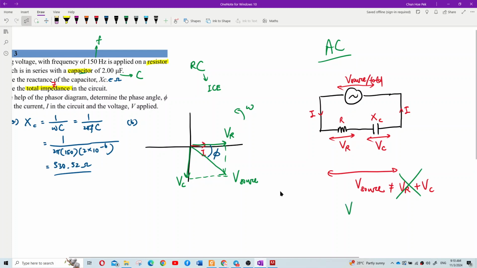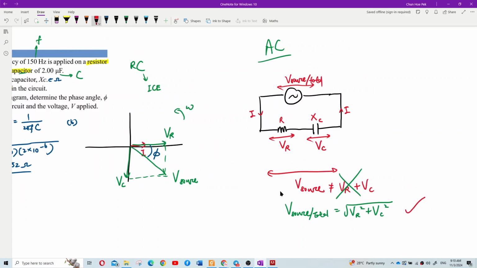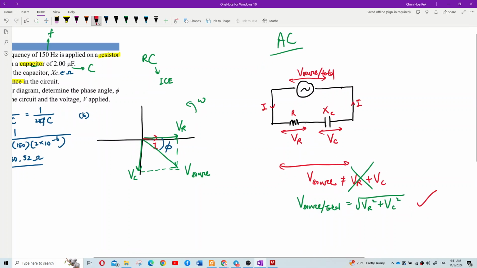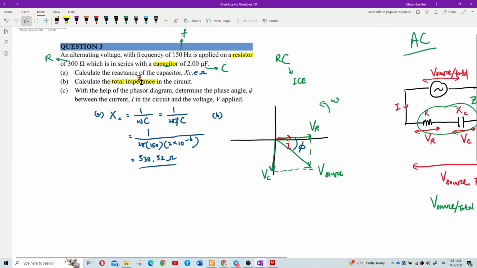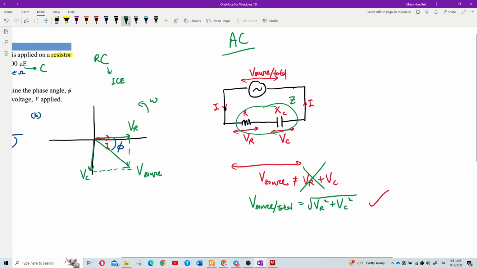Ya, untuk cari V source atau V total, you kena Pythagoras theorem. Maksudnya you have to do the VR square plus VC square. Baru boleh. Kalau tambah terus tak boleh. Sama juga kalau untuk cari total resistance, total resistance is like impedance. We call it impedance Z. Juga Z itu tak boleh R tambah